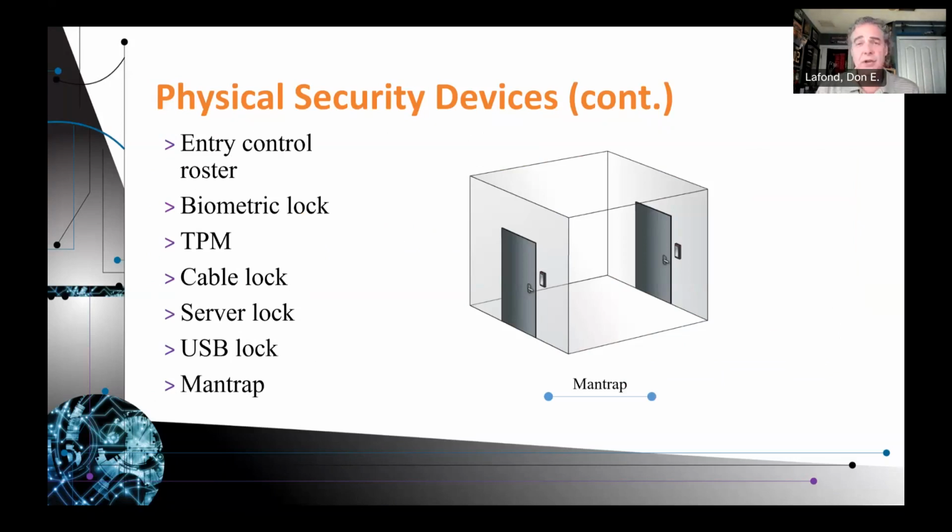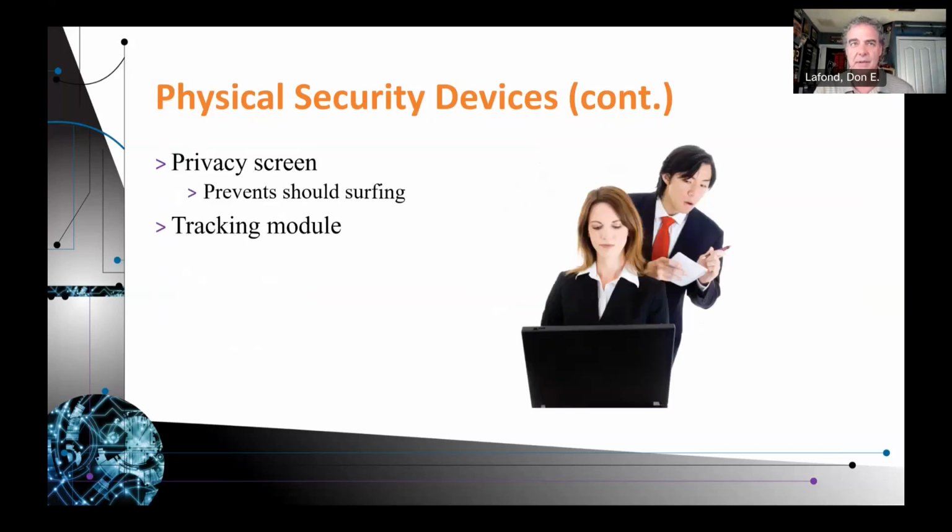A man trap, if used properly, you should never have somebody else in the middle with you. You open this door, you go into the space, you shut that door, then you open this door and you move on. What the man trap is geared to do is stop somebody from piggybacking. Piggybacking is somebody just walks in right after you do before you get a chance to let the door close. It becomes really awkward when somebody you're not sure has access to the space walks in right after you, and you're like, oh, I guess they must belong here, and you leave them there, not knowing that they had no right to be in that space.